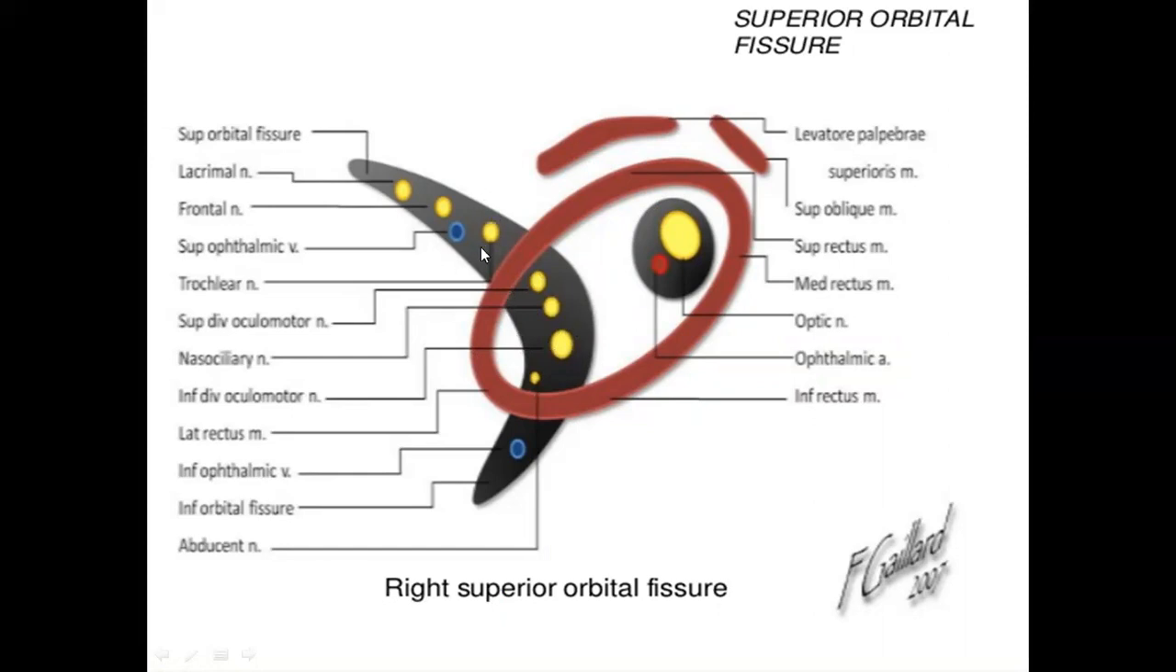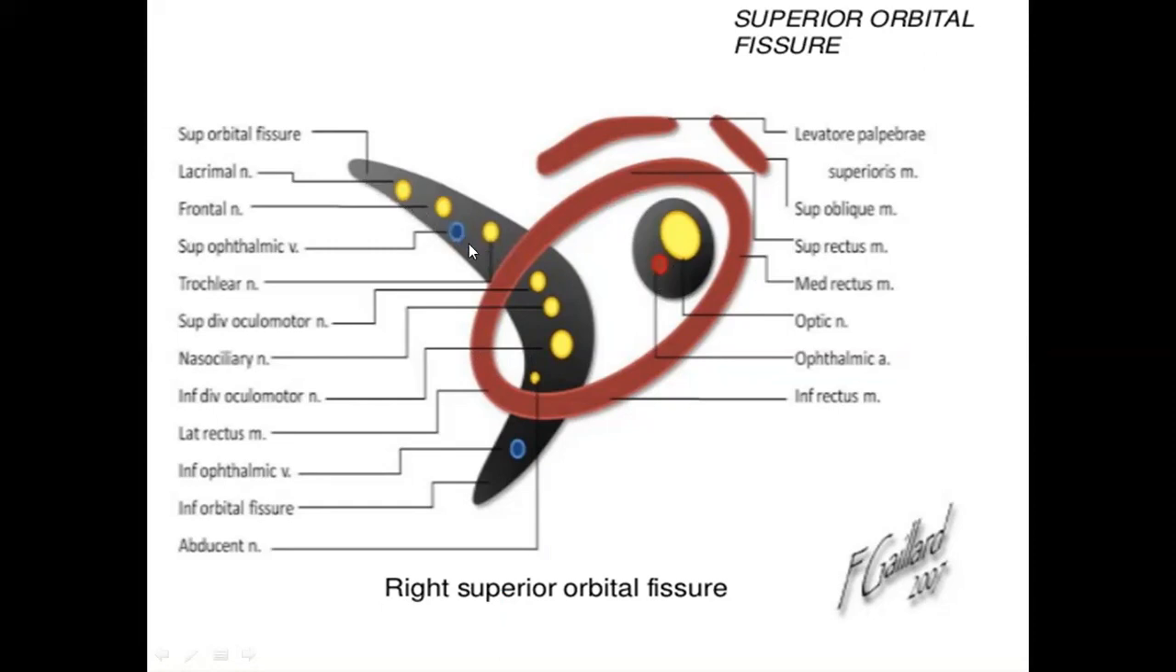Now the lateral compartment of the superior orbital fissure allows the superior ophthalmic vein, trochlear nerve, frontal nerve, lacrimal nerve, and the recurrent meningeal branch of the ophthalmic artery to pass through. So these are the structures which are passing through the lateral compartment. And see here, this is the optic canal, which is allowing the optic nerve and the ophthalmic artery to pass